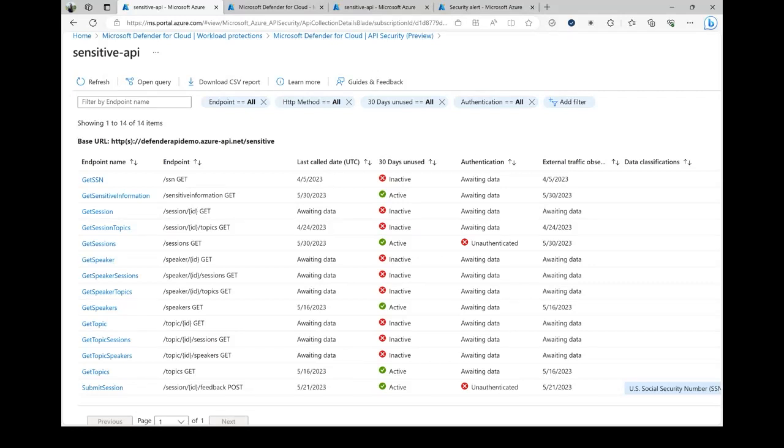Next, there's an insight about if any sort of external traffic has been accessing your API endpoints. So here we're looking to see if any APIs are exposed directly to the internet by seeing if there were successful calls from IP addresses in a non-private range as defined in RFC 1918.